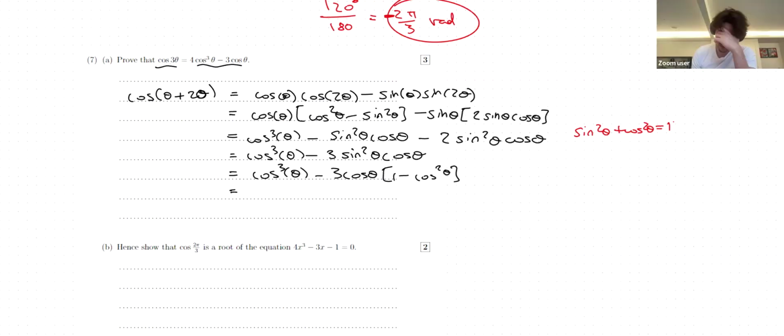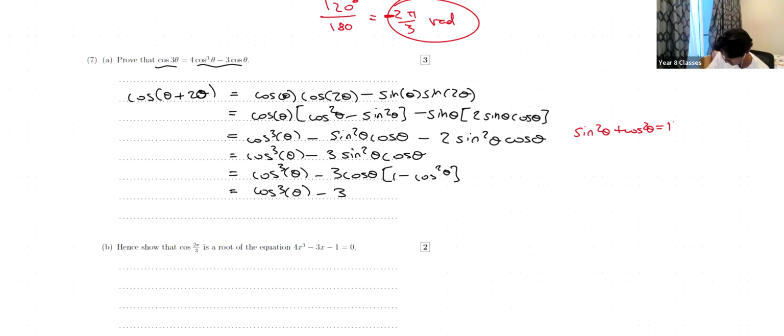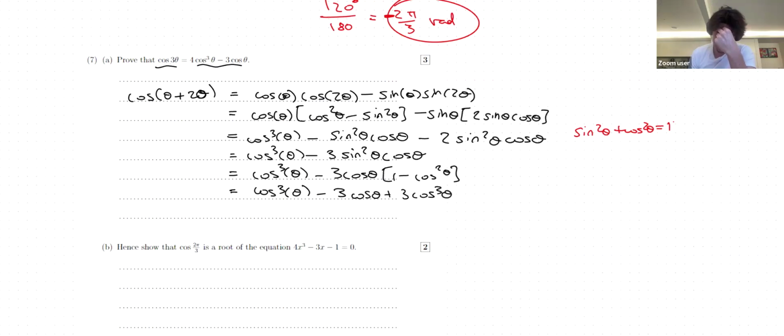What are we going to get from our expansion? Cos cubed theta minus 3 plus cos cubed theta. So 3 cos cubed theta, so that's 4 cos cubed theta minus 3